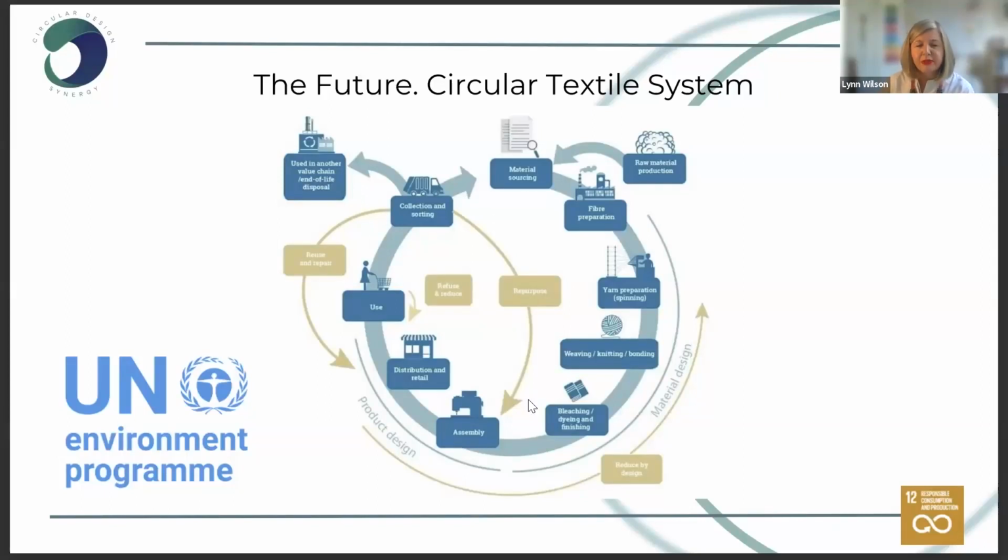It's then distributed and retailed. Again, we talked about logistics earlier on and the carbon intensity of this, and then it comes to consumer use. And during the consumer use phase, this is a very resource intensive phase, and then the consumer at the end of product life, or the end